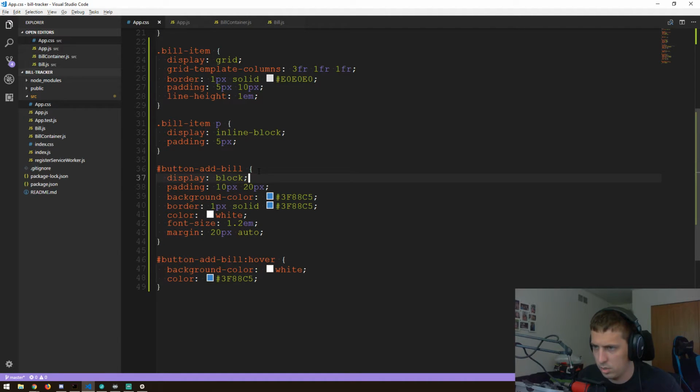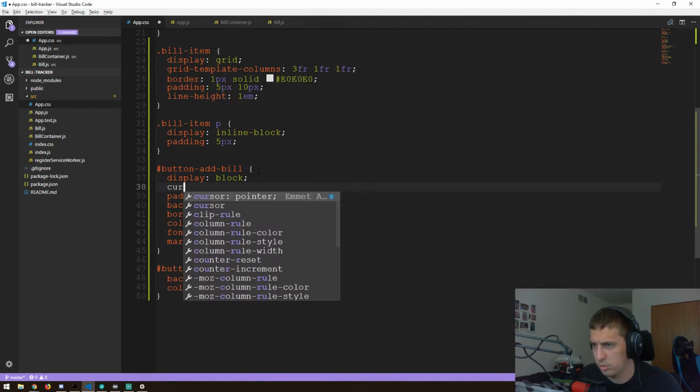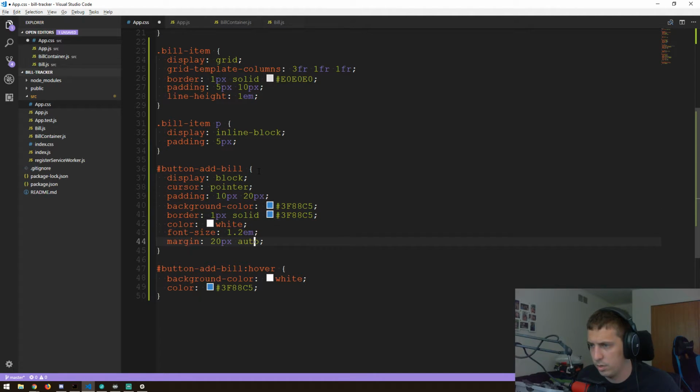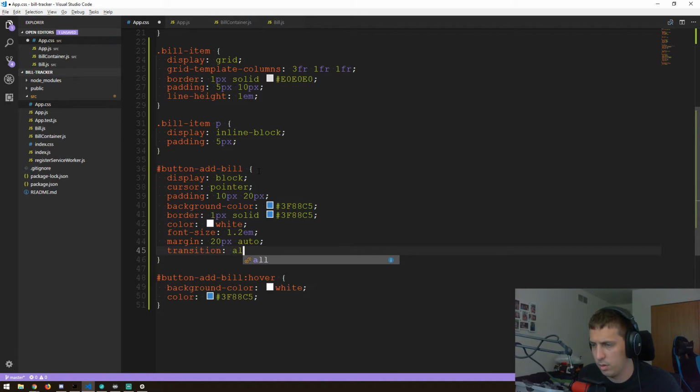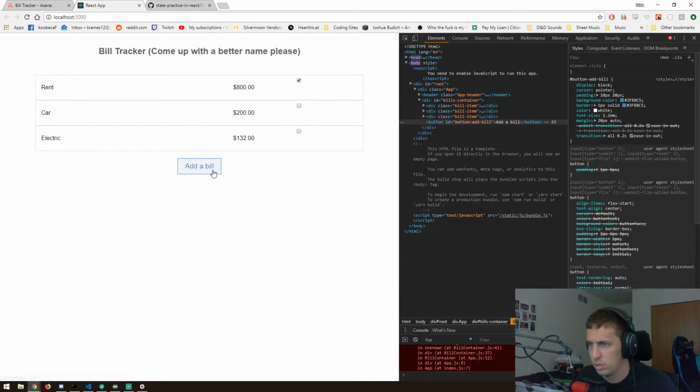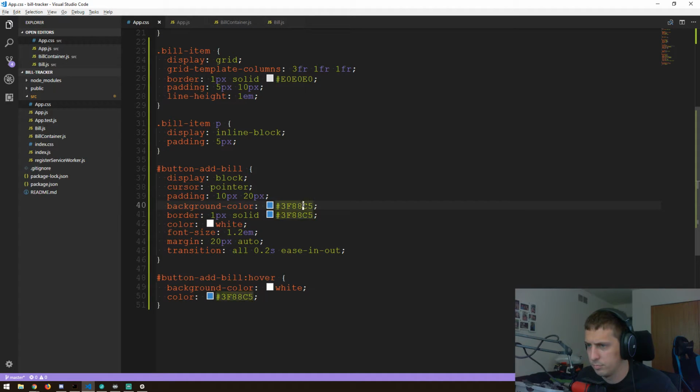Let's say cursor pointer, and then let's do transition, all 0.2 seconds, ease in out. And let's do, do I want a border radius or do I want something a little more like a, actually, let's do, wait. Do that, and then let's do the,